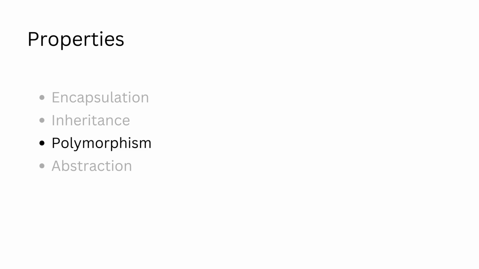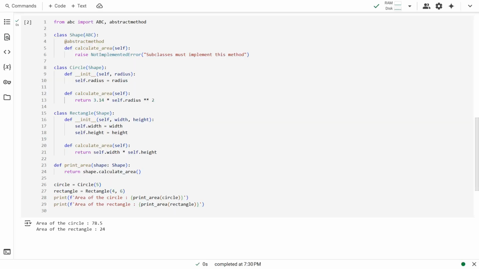Polymorphism literally means many forms. A method in the parent class can be redefined in the child class, giving it a new form. So, polymorphism relies heavily on inheritance. In this example, we have a parent class called Shape. It has one method, calculate area. The classes Rectangle and Circle inherit from the parent class Shape. They take in different parameters, but the objective is the same, calculating the area.